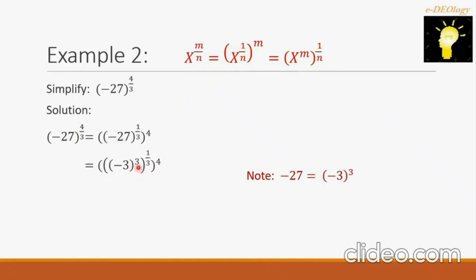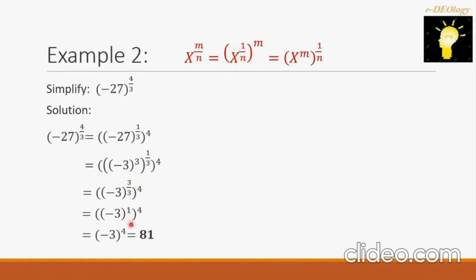The next is this exponent 3 and the exponent 1/3 outside we can simplify. So we multiply this 3 and the 1/3, we will get this 3 over 3. And the exponent 3 over 3 can be simplified into 1. So then we will delete that exponent 1, becomes negative 3 alone, and then still the power 4 outside is